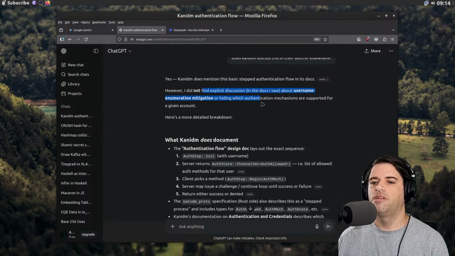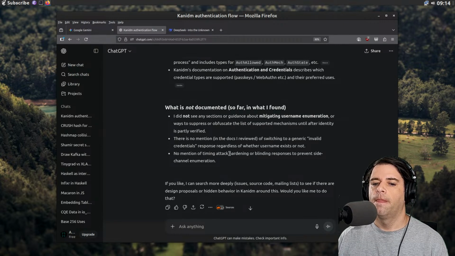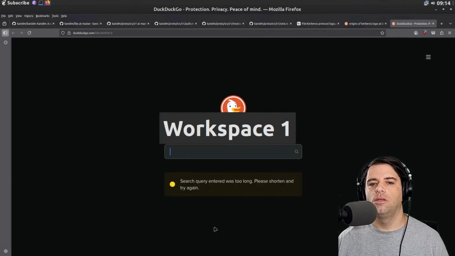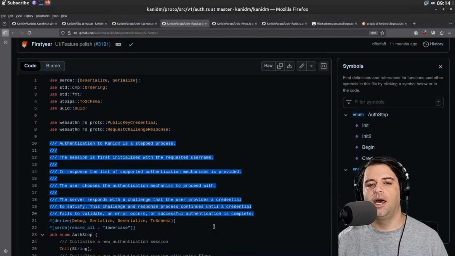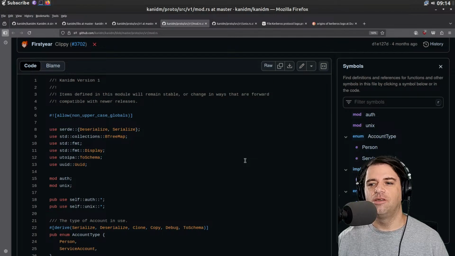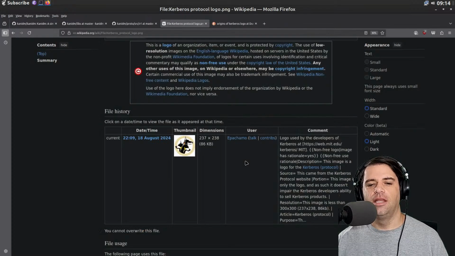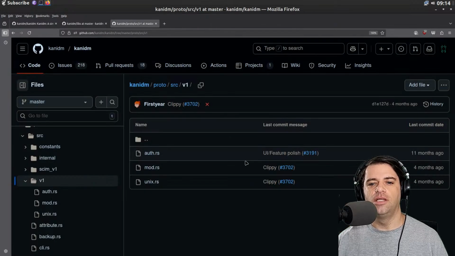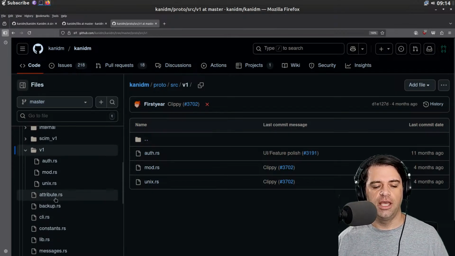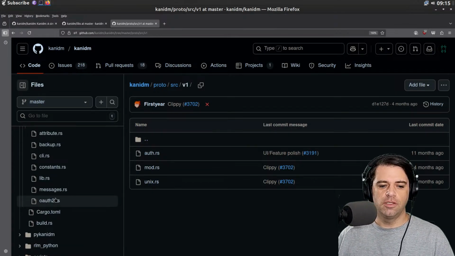It does not have an explicit discussion about username enumeration mitigation. It documents the flow, etc. Okay. So how would you harden this? I don't know if there's a configuration knob, but it seems like everyone is expected to at least know a password, and then once they're passworded in, they can get back a request for a second factor or whatever.